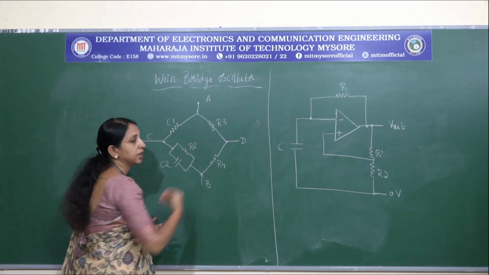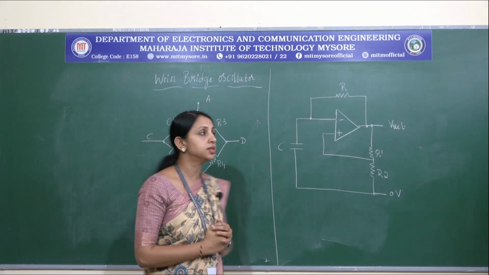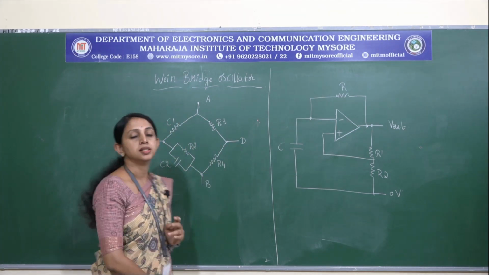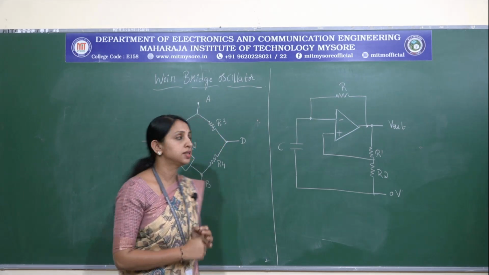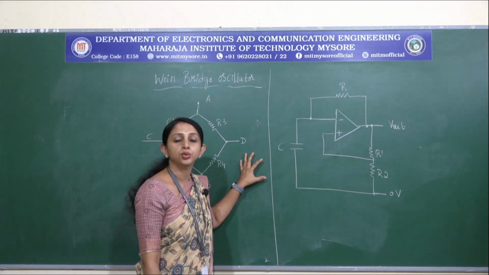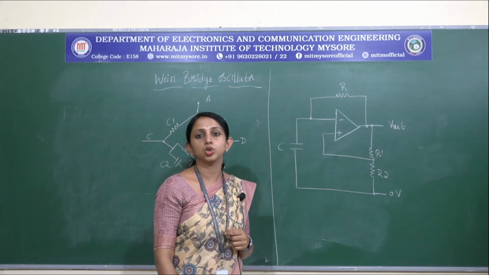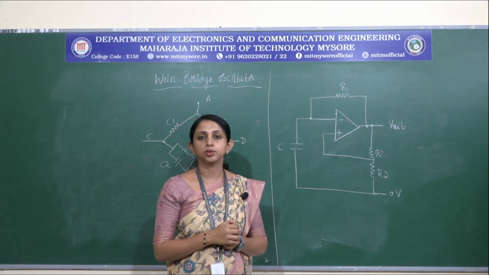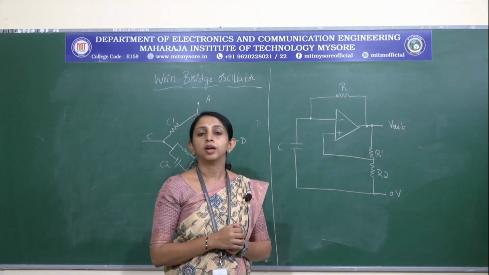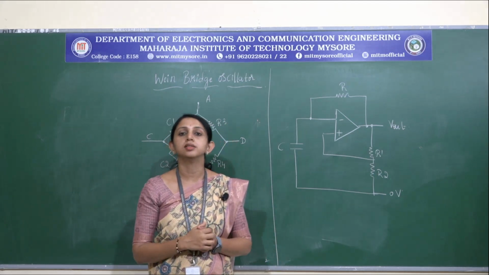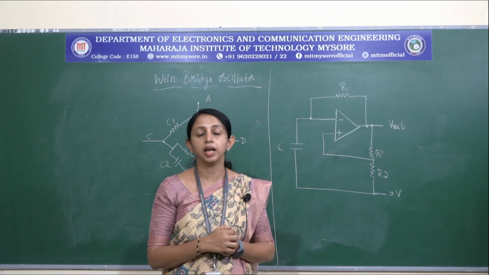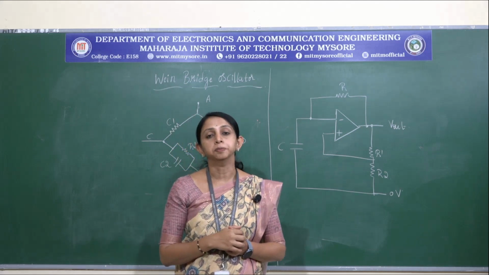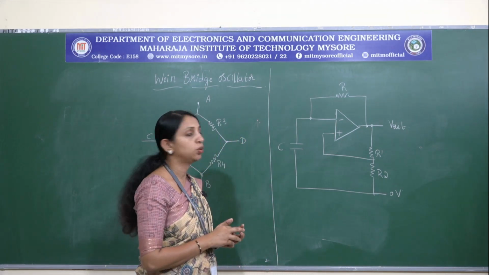bridge pattern. Here we have 4 terminals A, B, C, D. The A and B terminals are used to apply the input, whereas the terminals C and D are used to take out the output from the Wien bridge oscillator. This Wien bridge oscillator will produce a phase shift of 0 degrees. For sustained oscillations we require a 0 degree or a 360 degree phase shift in an oscillator. So this Wien bridge oscillator produces a 0 degree phase shift, and here we are going to make use